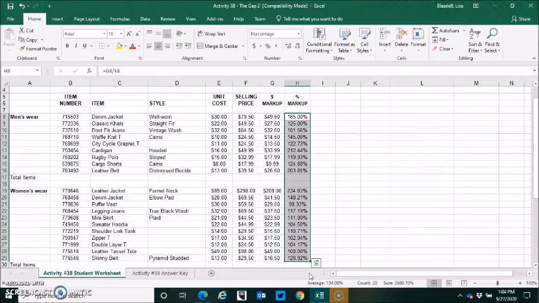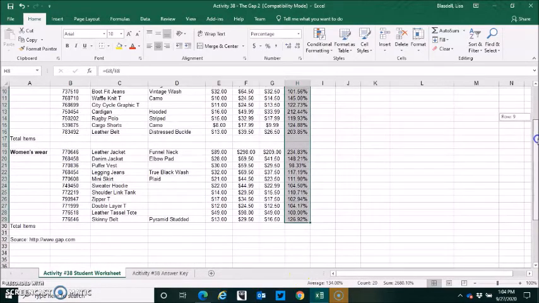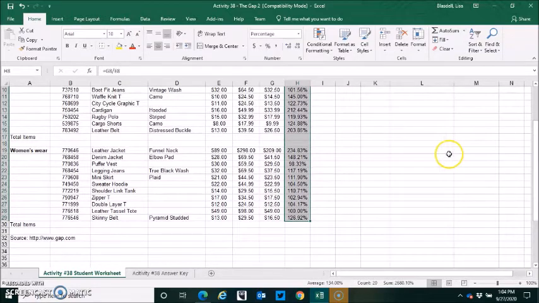All right, in cells B17 and B30, we're going to use the count function. Now this is something that's really totally new for you, so we definitely want to pay attention. Okay, so to use the count function, we are going to determine the number of items in menswear and women's wear. And so in B17,